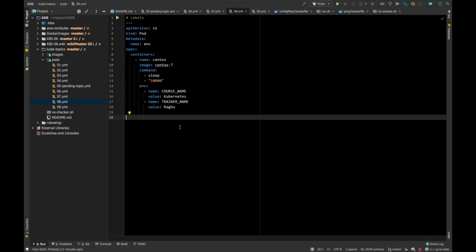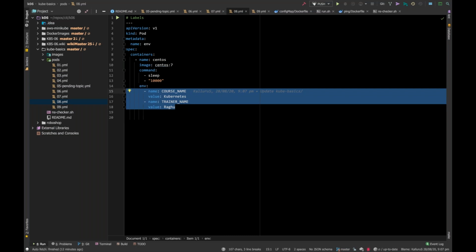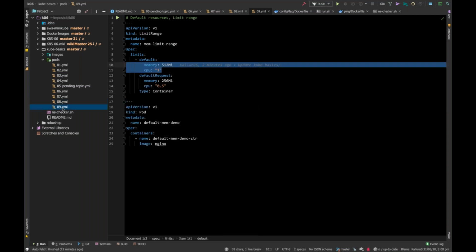Now, sometimes you'll be having a huge number of variables, and those variables you want to access across pods, not only a single pod. I want to access them across multiple pods, and that's where something called a config map comes in, and with the help of config map we can make our life easy. And if the data is actually going to